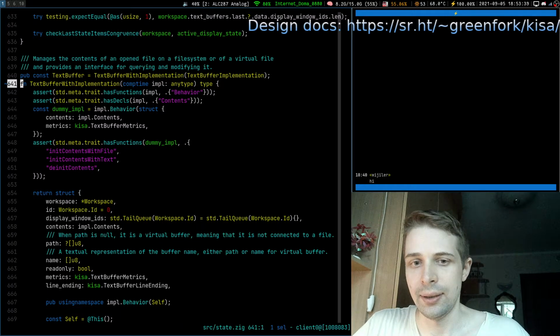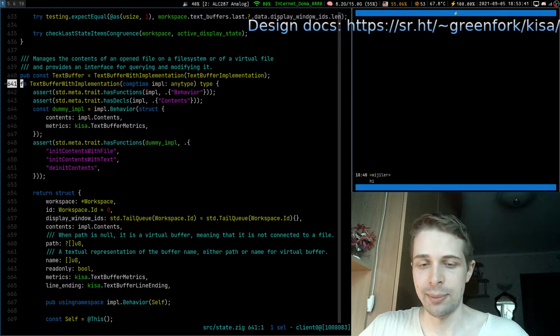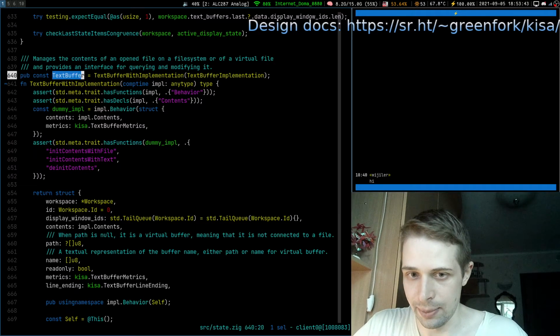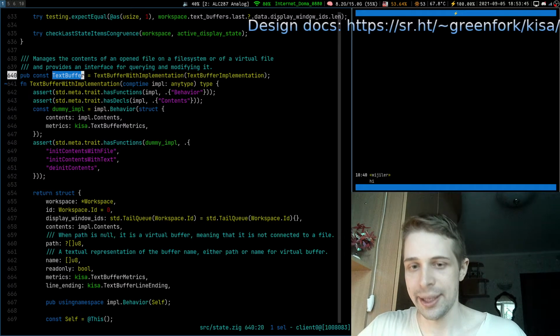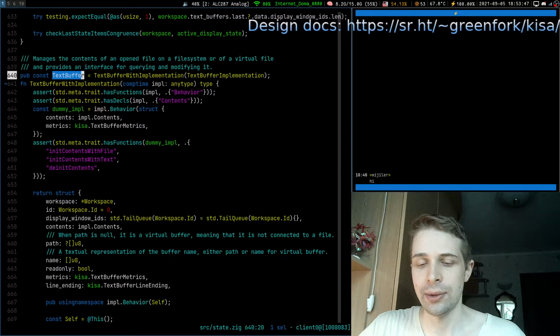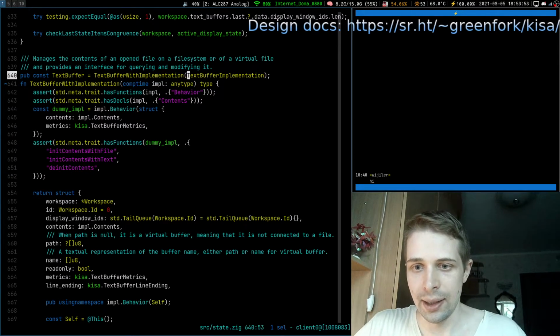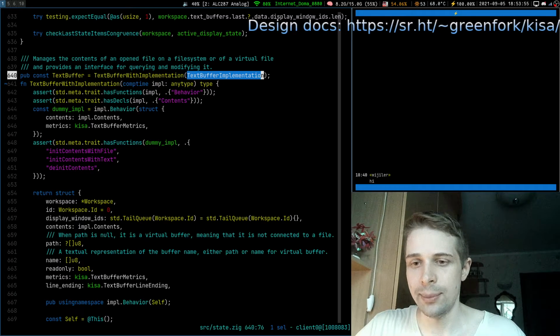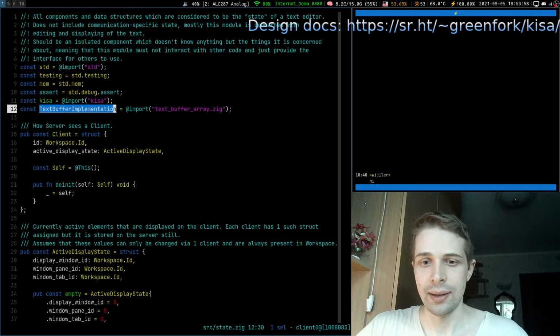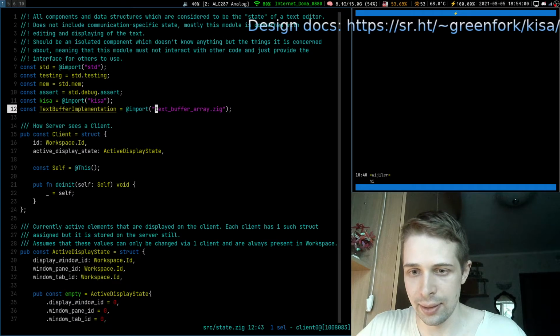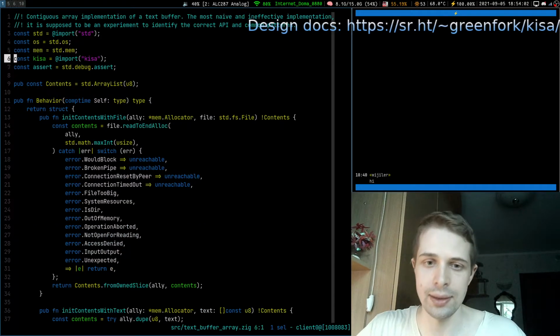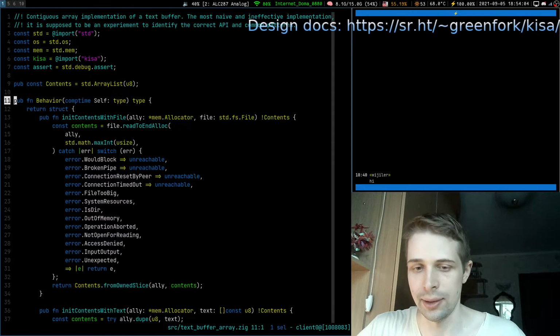Yeah, let's make it private. So this is our text buffer, which is going to be exported, but the way we create it is with a macro-like function, and we have the text buffer implementation, right? And the text buffer implementation is actually this file we were looking at. This is where we will do the work today.